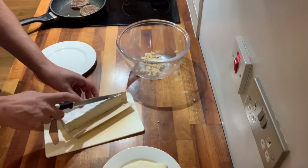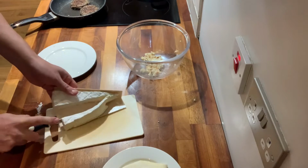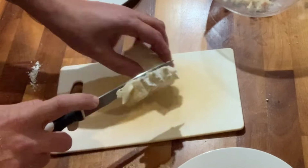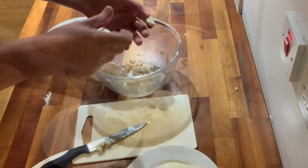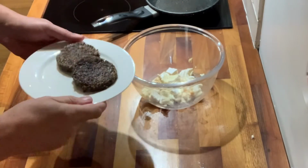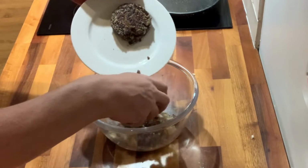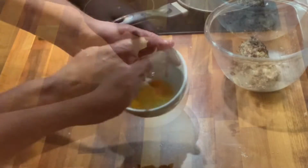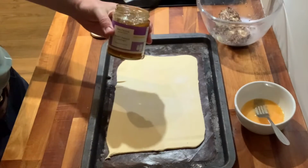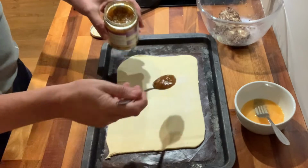If you dice up about 50 grams of Brie and add it to the wet breadcrumbs. When the haggis is cooked and it's cooled down, crumble it into the mixture. I'm going to bring this all together. Whisk up an egg. And get a little bit of mango chutney, not too much, and spread it